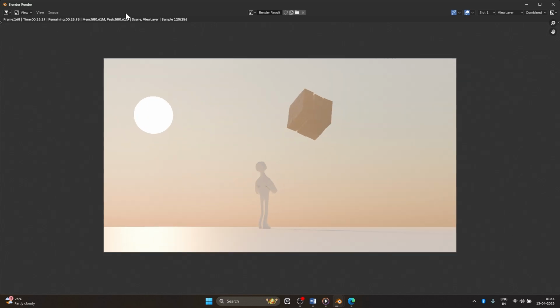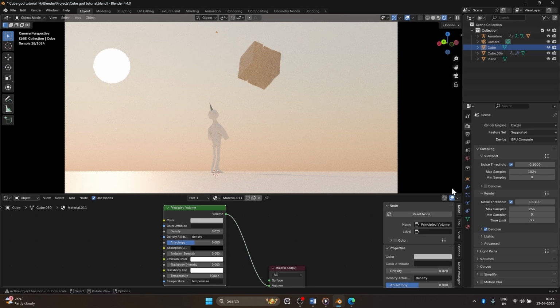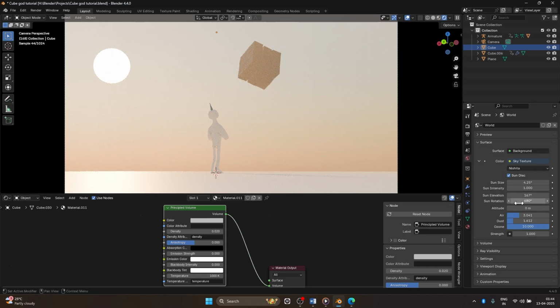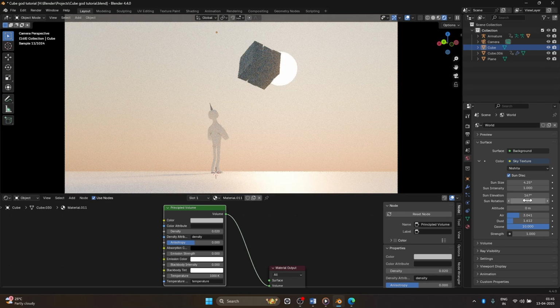So as you can see, my laptop is really slow, but you get the point. This is our test render and I want the sun to be here, so it's like this is in front of the sun. It gives a more godly effect. Go back, go to our world setting, go to our sun rotation, and